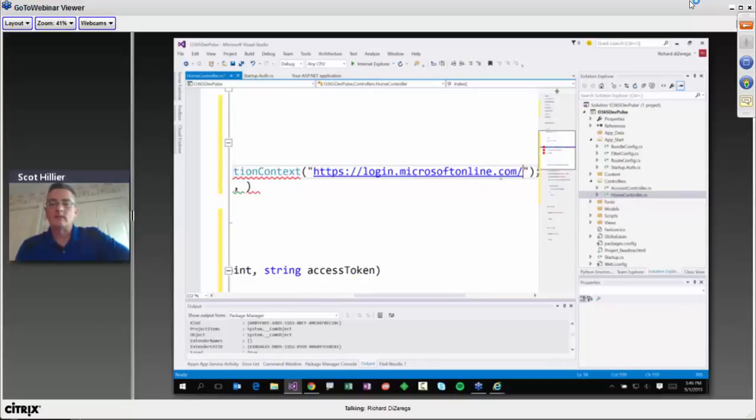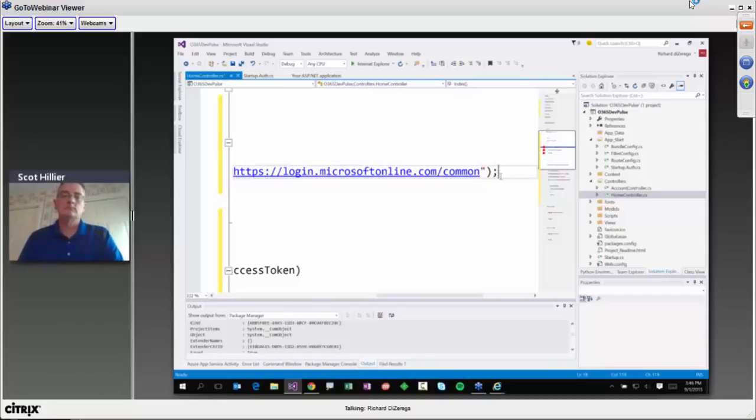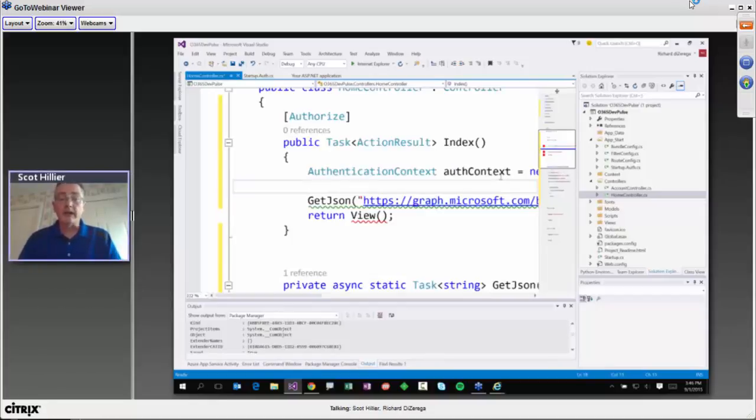Then on top of that, we can pass things like what is the tenant, or we can use something called common. That's probably getting a little bit confusing, but by saying common, I'm saying that this can be used by any organization that uses Office 365. Right, so you can make applications for your own organization, or you could make applications like a software vendor that could be used by lots of applications.